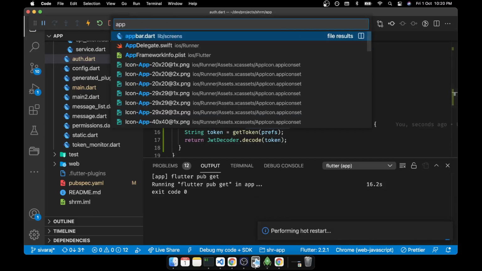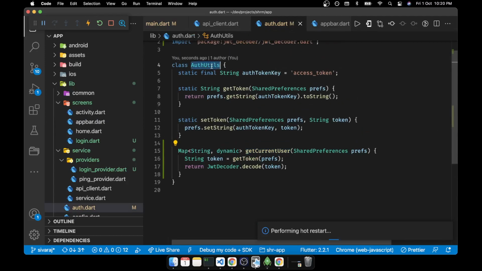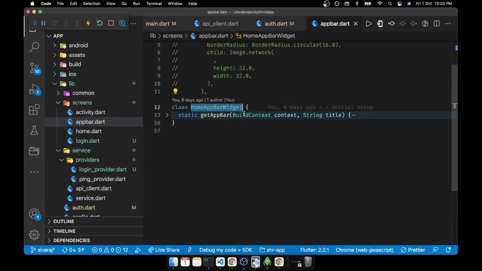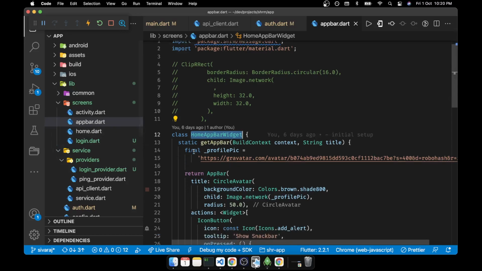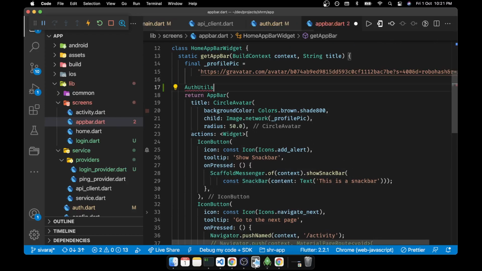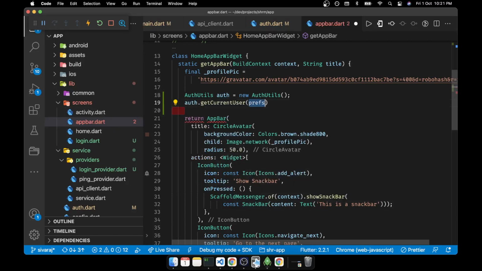Then we can see that the preference we have to pass.